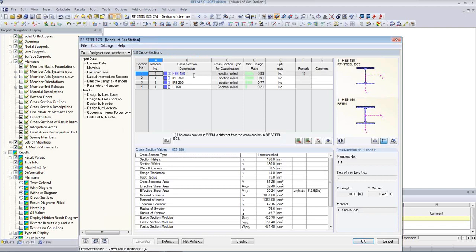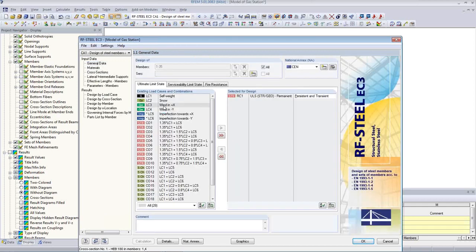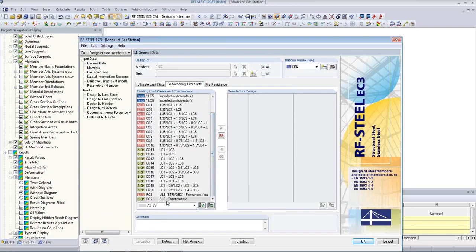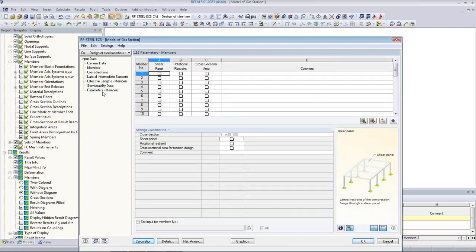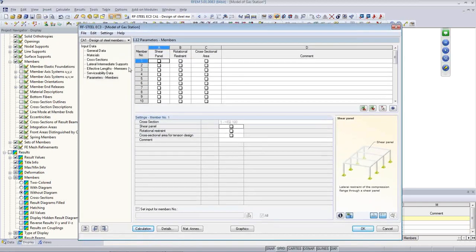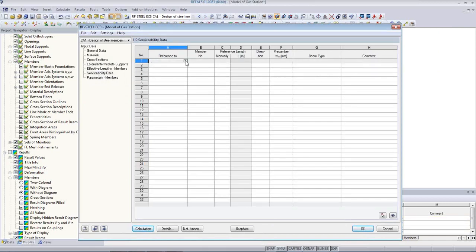And I have done this analysis before, and I know I will have to use something like, or we can check it maybe. I enable now the serviceability limit state, and I use my characteristic combination. When I do serviceability, there are additional parameters that have to be set. Let's run it. For the serviceability data, I have to set which members I want to check. I say members, and I choose